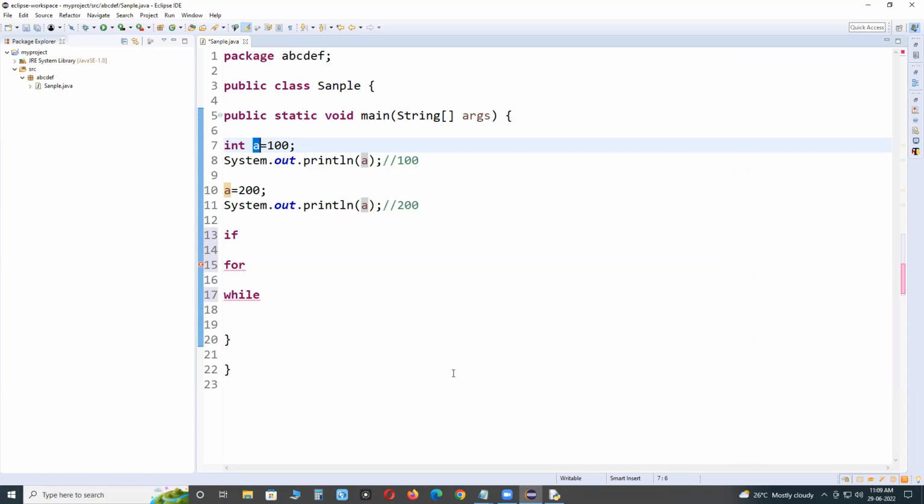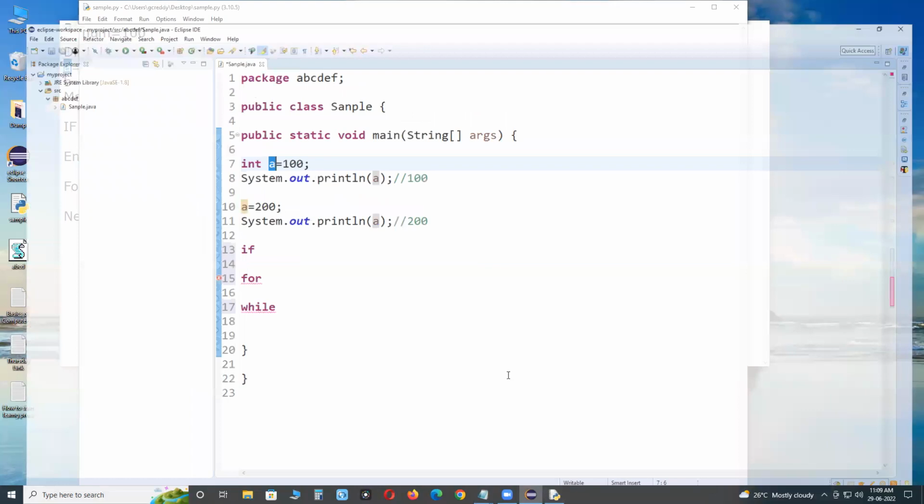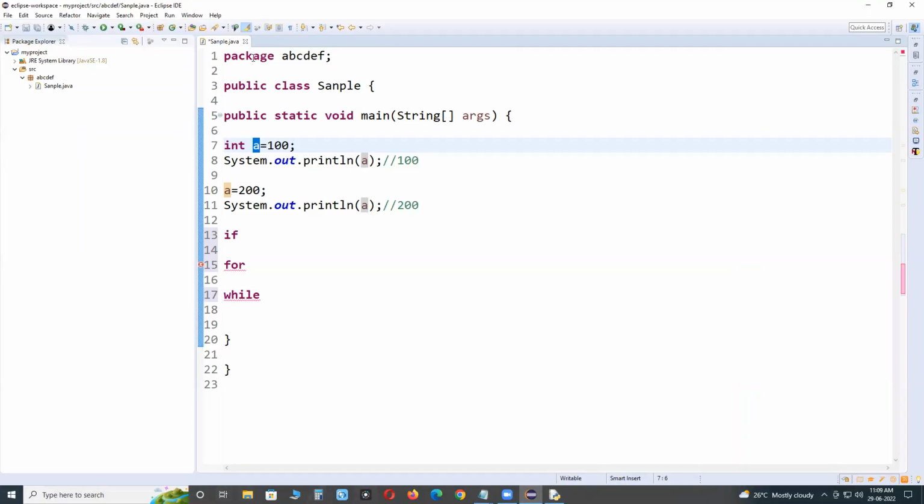They can be a class name, variable name, method name, function name, package name, etc. For example, in Java, where is the Java editor? Package is a keyword. Package name, ABCDEF, is an identifier. Class is a keyword, sample is an identifier. Next, int is a keyword, a is an identifier.